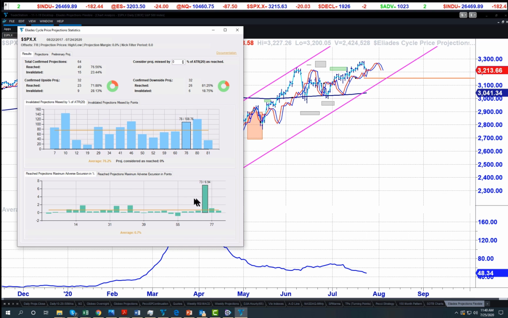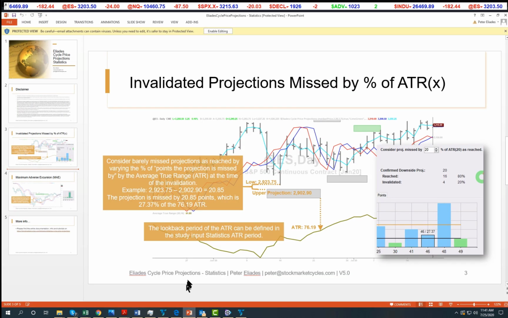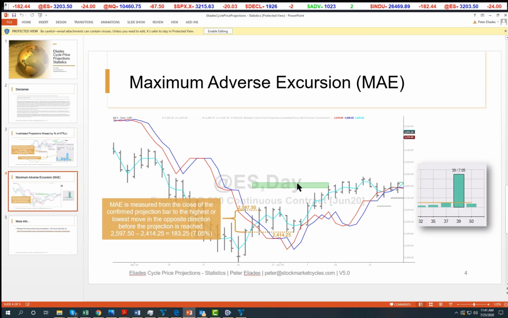Before we go into showing you a little more detail of this, let's go back to our definitions here. Okay, maximum adverse excursions. What in the world does that mean? That simply measures from the close of the confirmed projection bar to the highest or lowest move in the opposite direction, depending on whether it's an upside or a downside projection, before the projection is reached. Okay, so follow here. Here's the signal line. The blue line goes to the midpoint of each bar. Right here, the projection's given. So now you want to know,